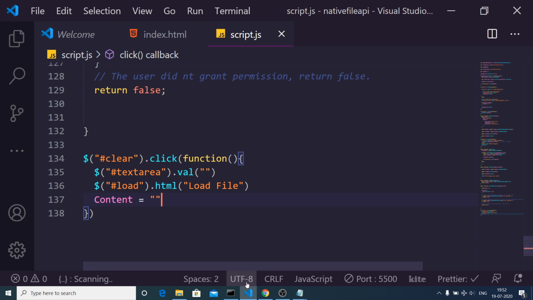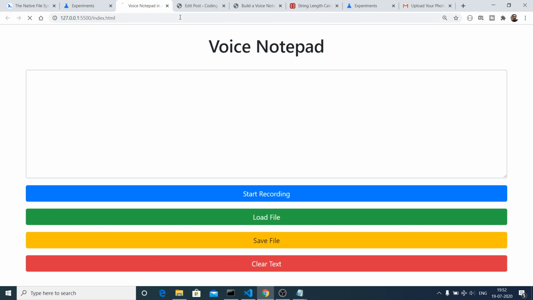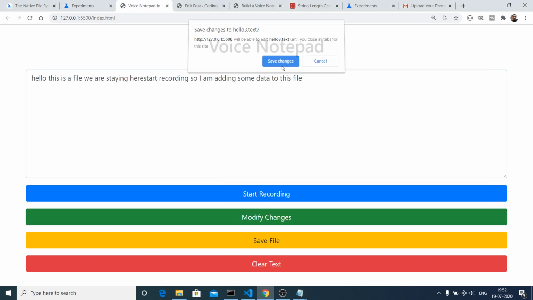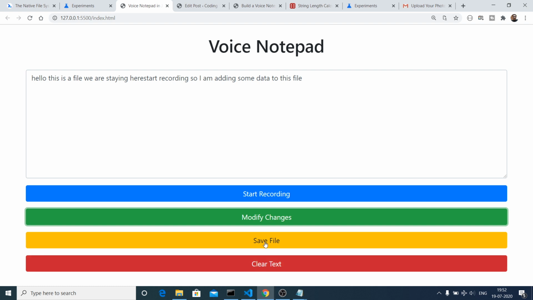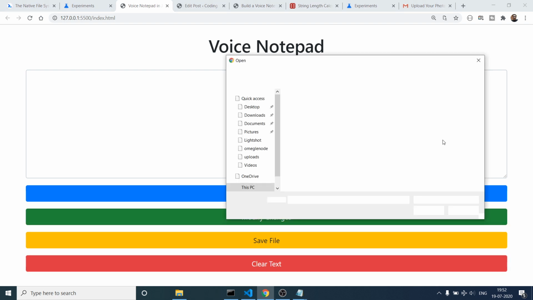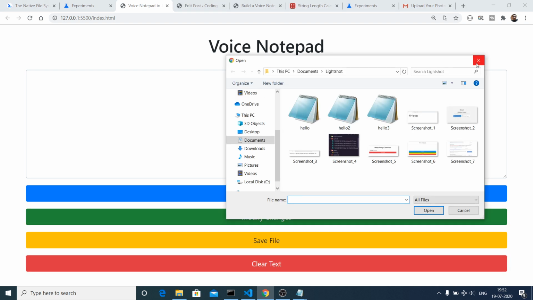So this was the change that we need to make. If I refresh, so basically if I click load file, if I load this file, so there is a content here. If I click clear text, this modify changes will change to load file. So you can see that. Once again, if I click this, I will be able to load some more files.